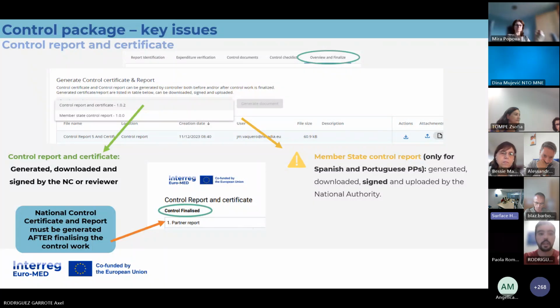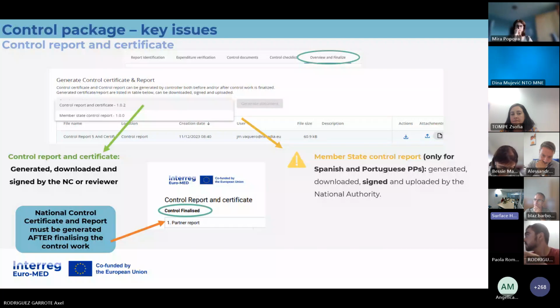As you can see here, it clicks in a drop-down menu and then selects the control report and certificate, and then it clicks on Generate Document. It will appear there, and then you have it there. And if you look to the right, there's actions, and the controller can download the PDF with the report and certificate.